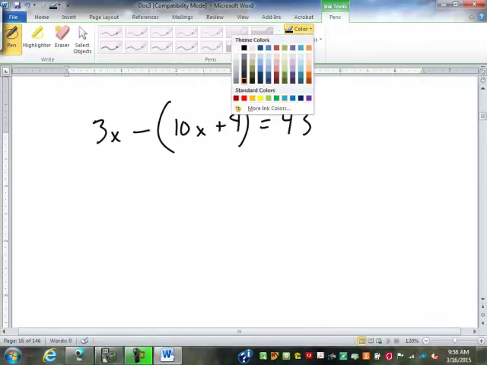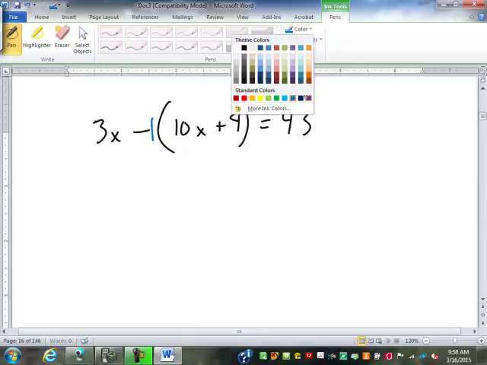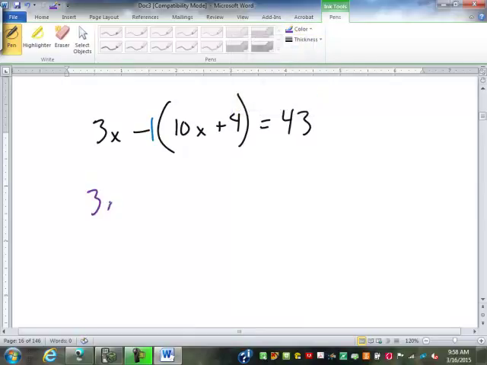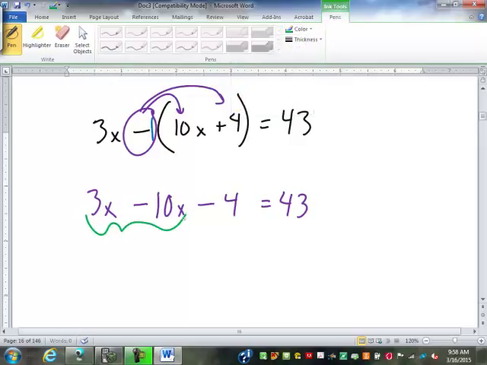So we start out with the negative again. We treat it as a negative 1. So the 3x does not change. Negative 1 times 10x would be negative 10x. Negative 1 times 4 is negative 4. What do we do from here? So 3x and negative 10x make negative 7x minus 4